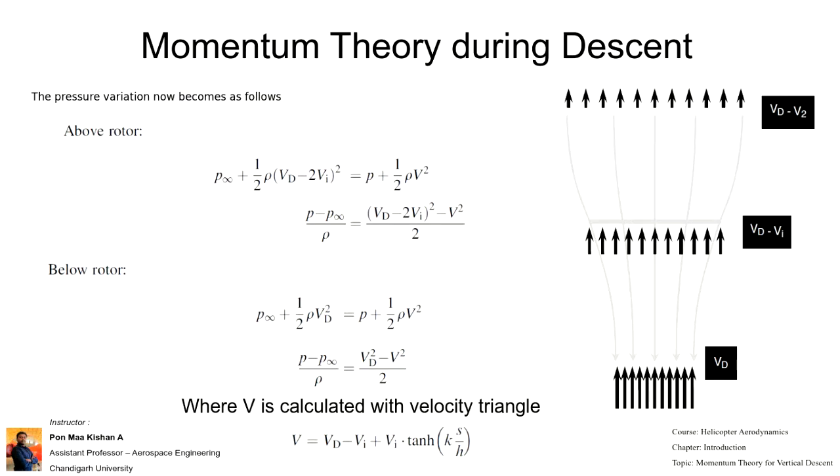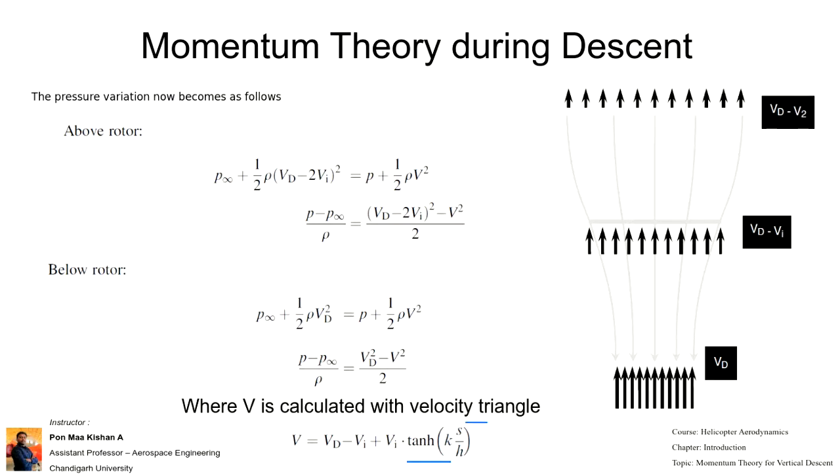I hope you remember that I showed you a tabular column: if RPM is low, if pitch angle is low, if the helicopter inlet pressure is low. I hope you remember those factors; if not, go to the previous lecture so that you can easily understand. For that only we are including this factor. We will see much more about the velocity triangle in blade element theory, and you might have studied it in your aerodynamics also.